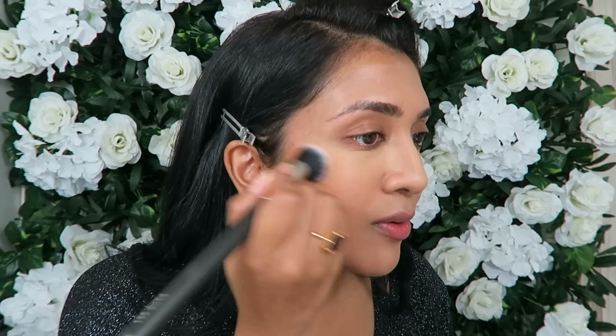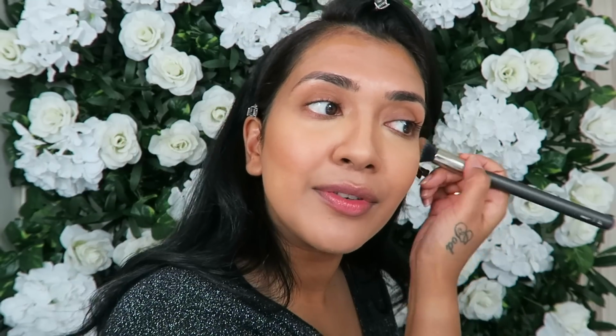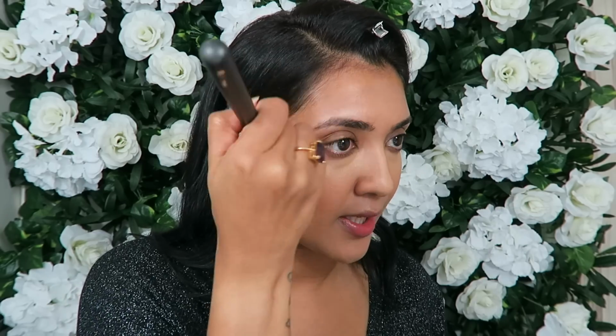So what I'm doing now is just blending the product into my creamy foundation. Obviously don't do this if you have a powder foundation on, because it's gonna leave really bad patches. So ideally use cream products with cream, if that makes sense. It just blends so much easier, and then set it with powder. So I'll show you what I mean by this. So first, let me just...